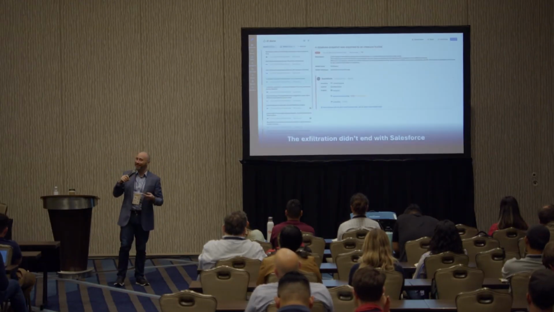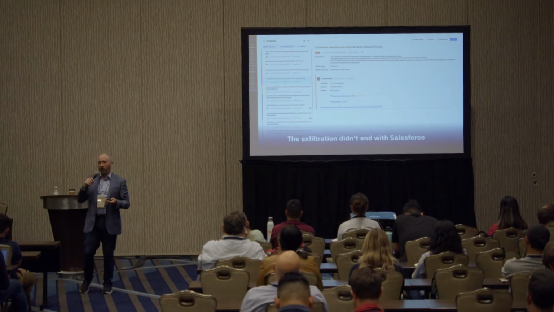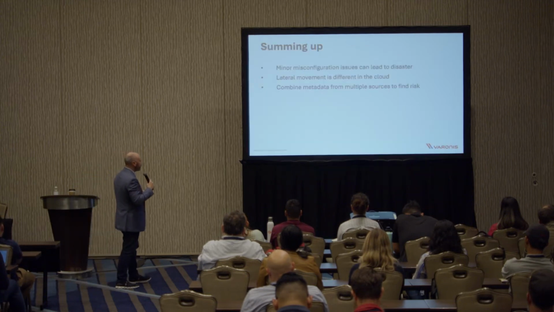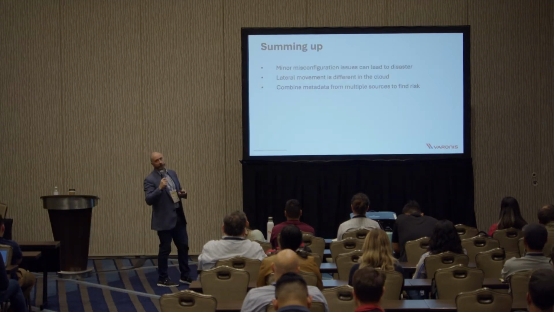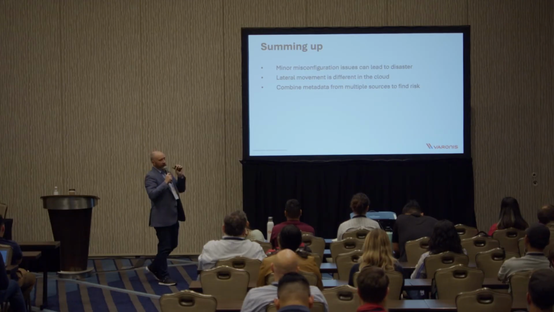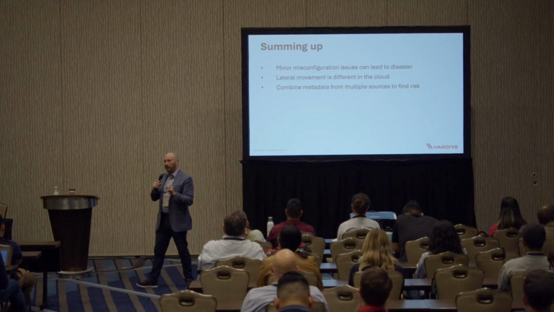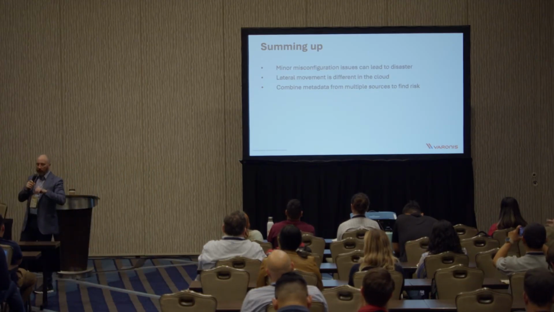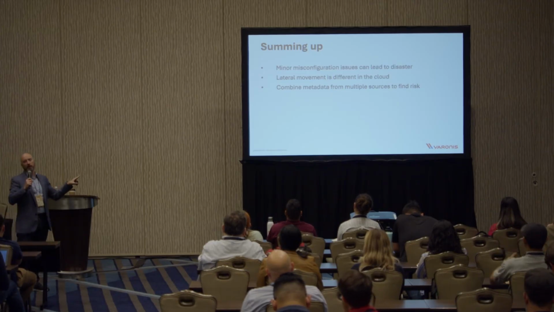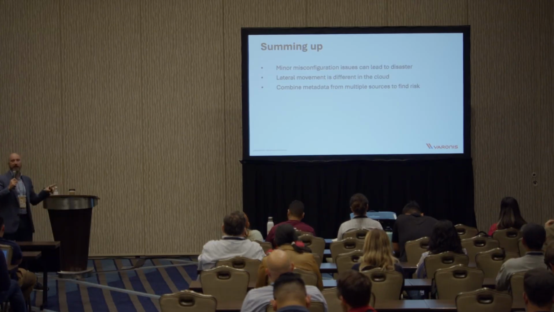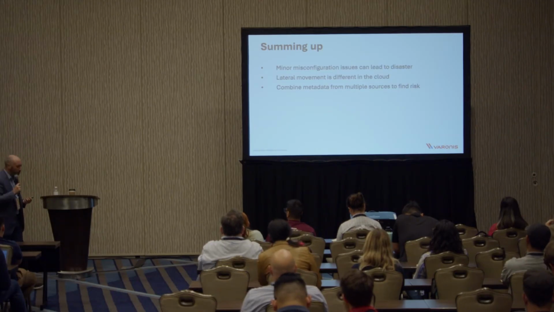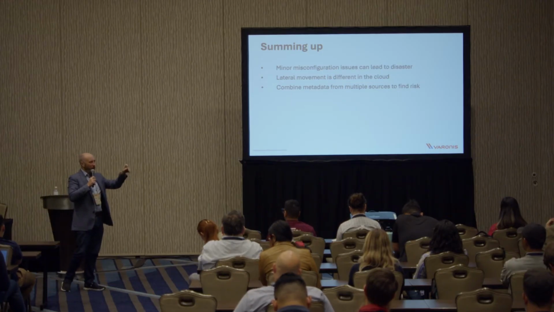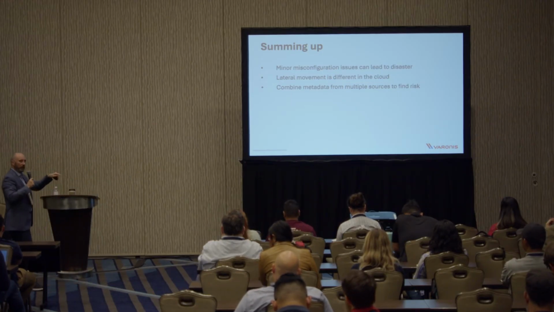But of course, the exfiltration didn't end there. We then pivoted to AWS, and we grabbed the context of an S3 bucket, and we grabbed a database. So let's sum all of this up. A very minor misconfiguration. In this case, it was a GitHub repository that was accidentally left public. That one misconfiguration led to a series of steps in a kill chain where lots of really, really sensitive and important information was taken. So one little thing can lead to disaster. It's kind of like one little crack in the dam can lead to a flood.